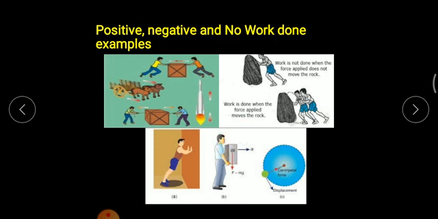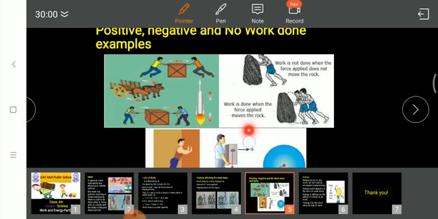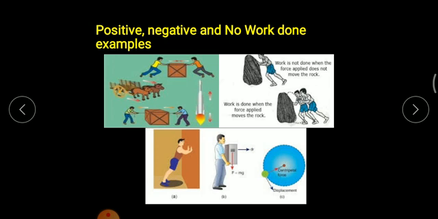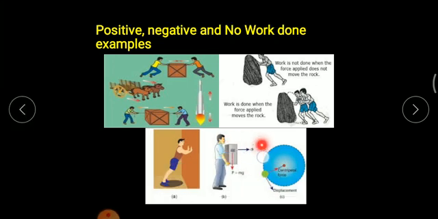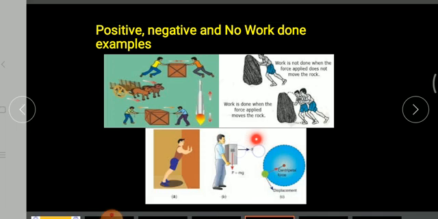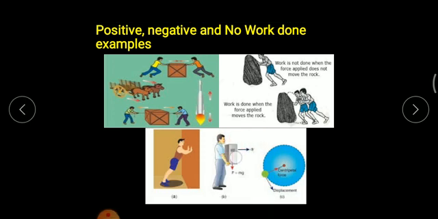For the time being, you simply have to remember, whenever force and displacement are in perpendicular directions, you will say it is always no work done. Here this person has done no work. Why is it so? Because force, as you can see, is in the downward direction, and this person is moving from one point to another point with this object, and the displacement is in this direction. So whenever force and displacement are perpendicular, or make an angle of 90 degrees, we say no